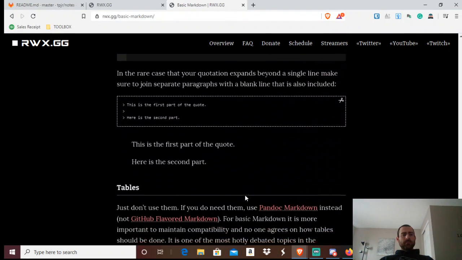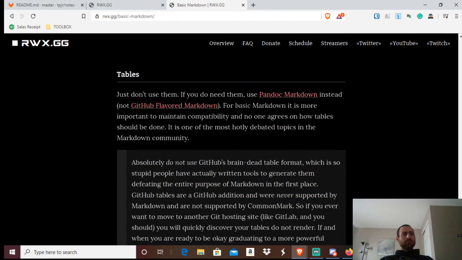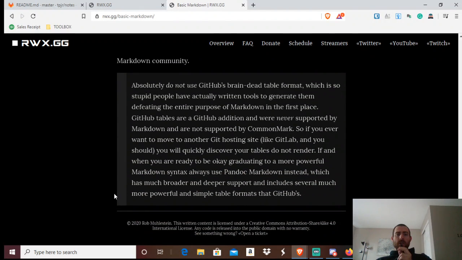Tables. And this is just me really going off on GitHub. I think they really ruined our world by trying to do tables in a most horrible, complicated way. This is why JGM very politely says, I'm sorry, no, we're not going to be adopting those in CommonMark. CommonMark doesn't have any tables at all,